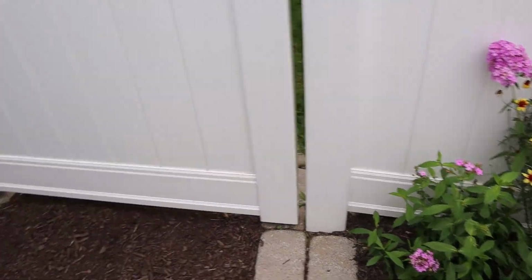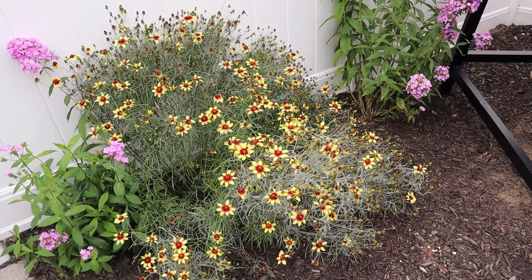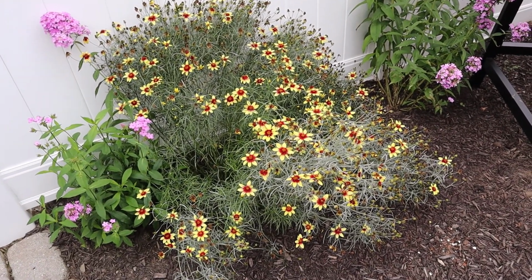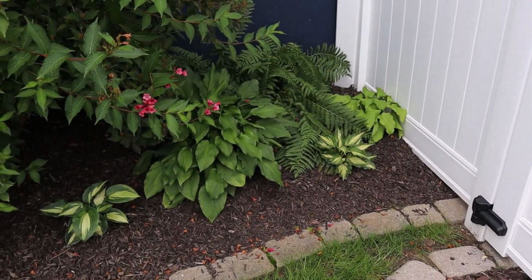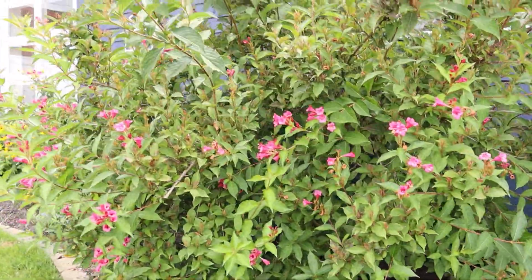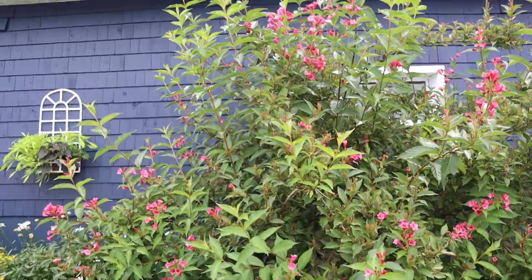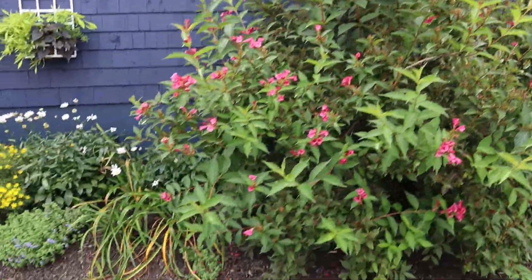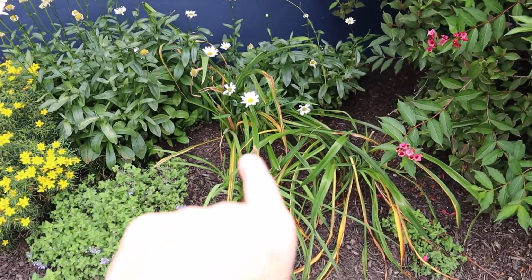So that's looking great. And I see that this is still struggling with some powdery mildew, so I'm going to come out here tonight and spray neem oil on that. And let's see here. I think everything looks good in that area. My Weigelia is doing great. Then I'm going to come in here, and my lilies, I'm going to pull out some of